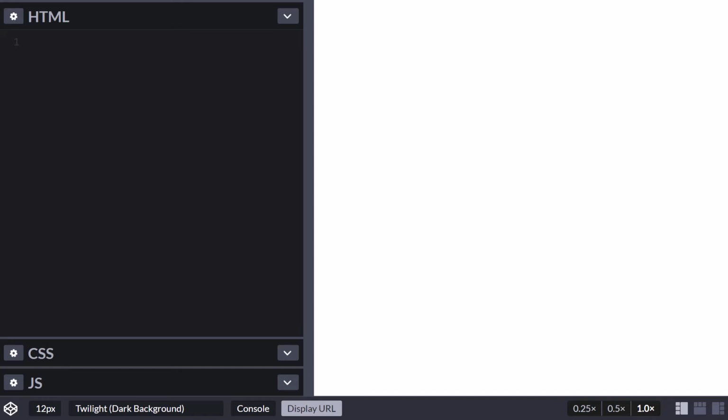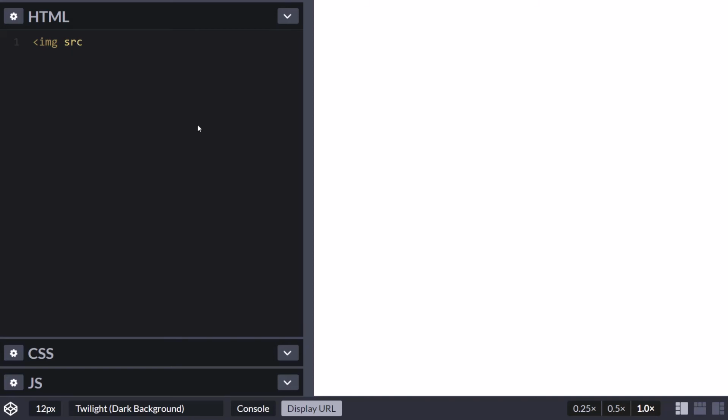Now, let me show you a quick example. How attributes are usually added is you have name value pairs, and the name denotes the function that you're expecting the attribute to do, and the value is basically the action you're instructing it to perform. All right, so let me give you a quick example. Let's embed an image into our file. Let's start with opening the img element and going with source.